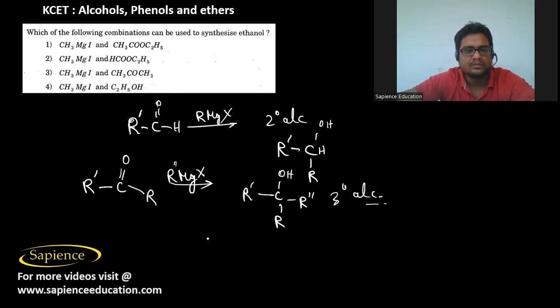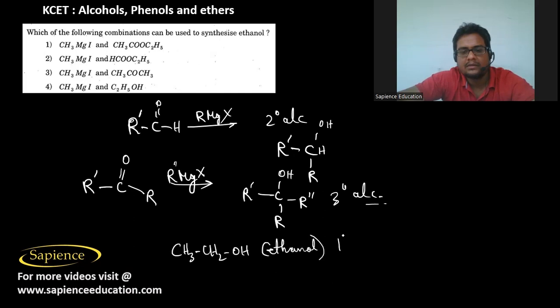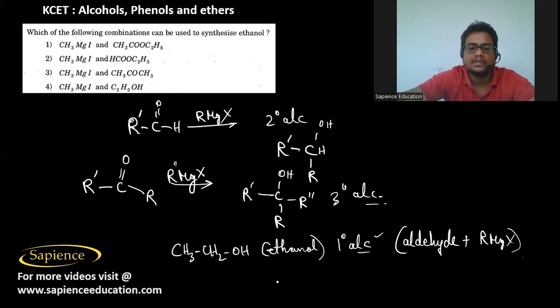So now here it is asked which of the following methods is used to synthesize ethanol. Ethanol is CH3CH2OH, so it is obviously a 1 degree alcohol, or a primary alcohol. So it means that we need an aldehyde. So an aldehyde should react with the Grignard reagent RMgX. So here the CH3MgI should react